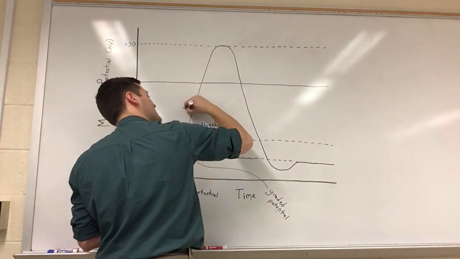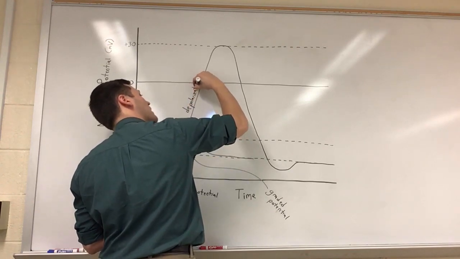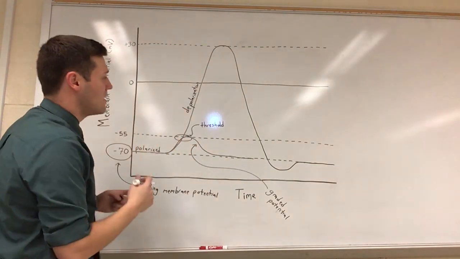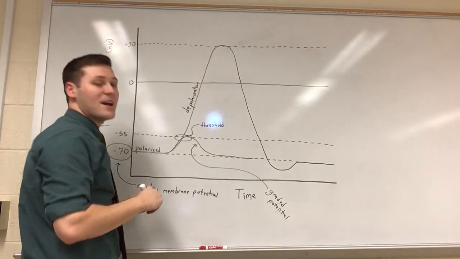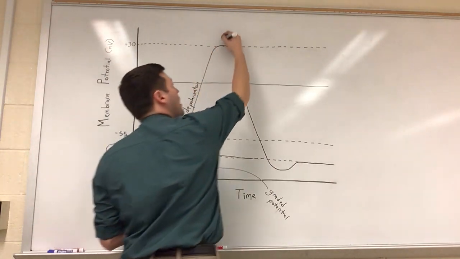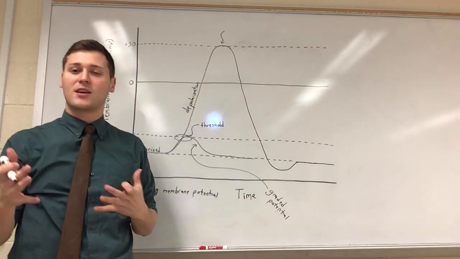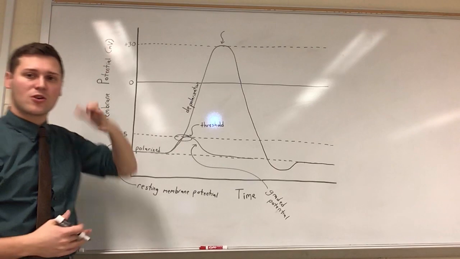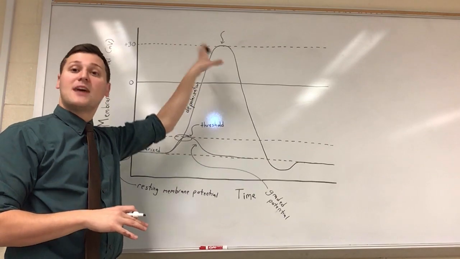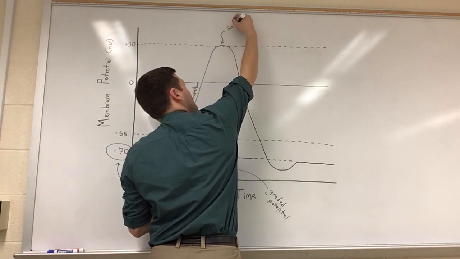So we call this depolarization. Depolarization happens because those voltage-gated sodium channels are opening up and letting more sodium into the cell. Now, once we get enough sodium into the cell, right here, at about positive 30, now this might change depending on the source, but we'll say positive 30, maybe positive 40 millivolts, at around that potential, we will see the sodium channels